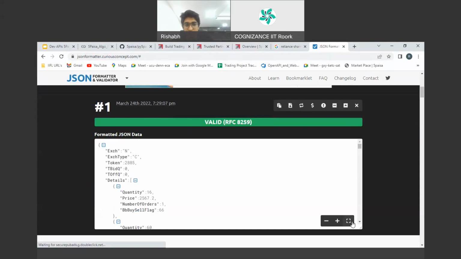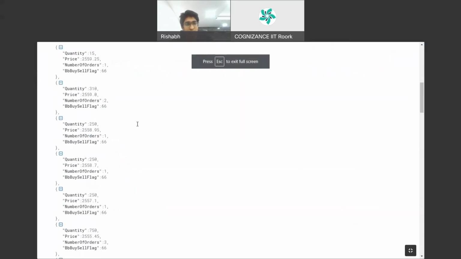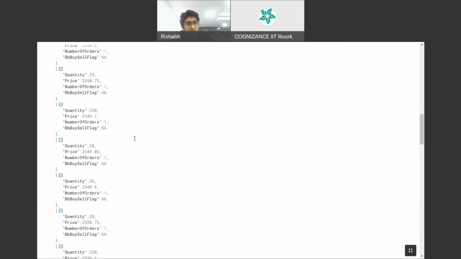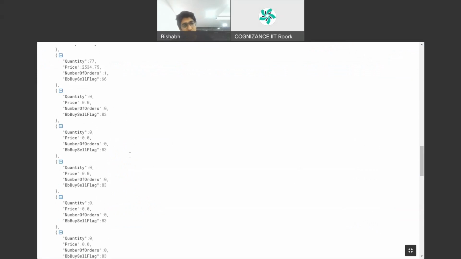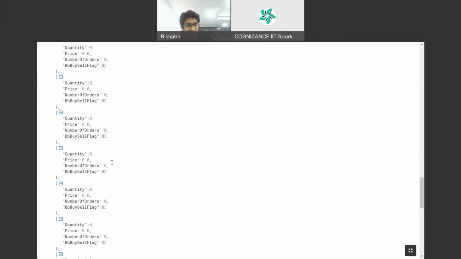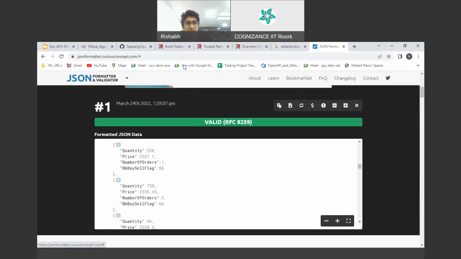So all this data, you should be very familiar with all these things when you are building your platform. That's why I'm covering all these things. You can see you have the price, quantity. This is all data coming directly from the exchange and freely available so that you can build some arbitrage system, some algo trading bot. All this data we are providing.